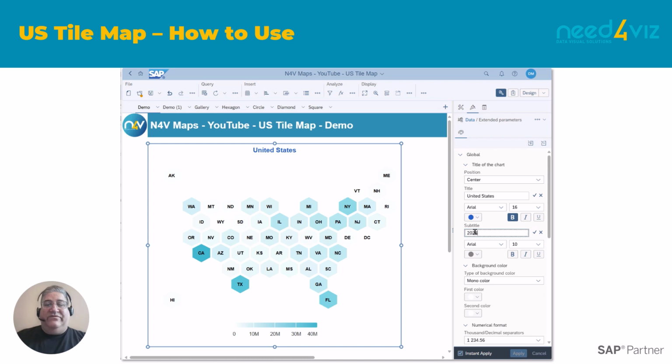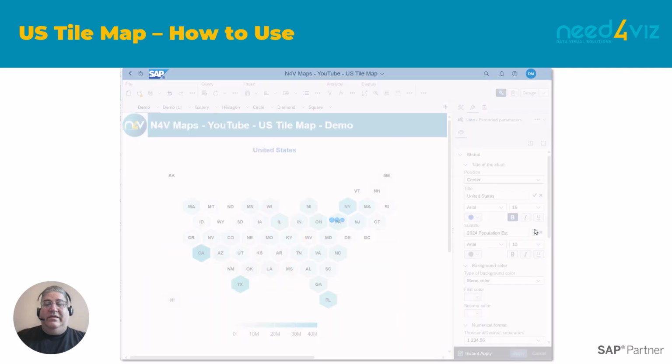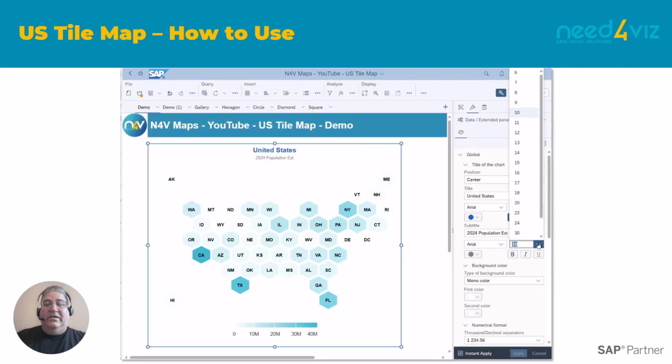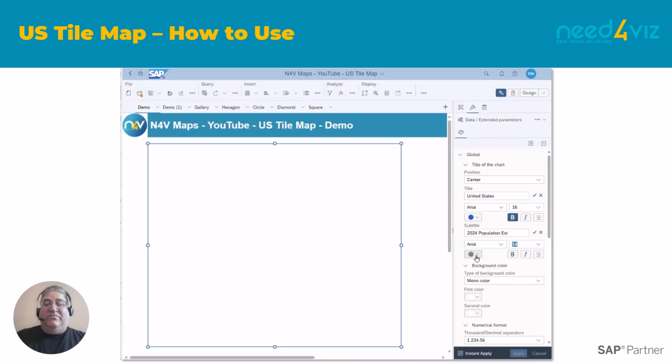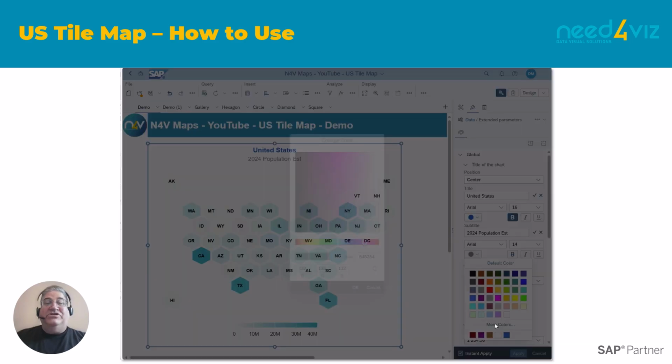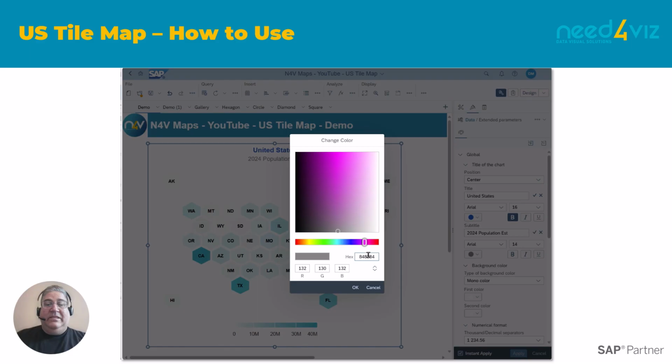Okay, next I'm going to add a subtitle. So I'm using this map to display 2024 population from the US Census.